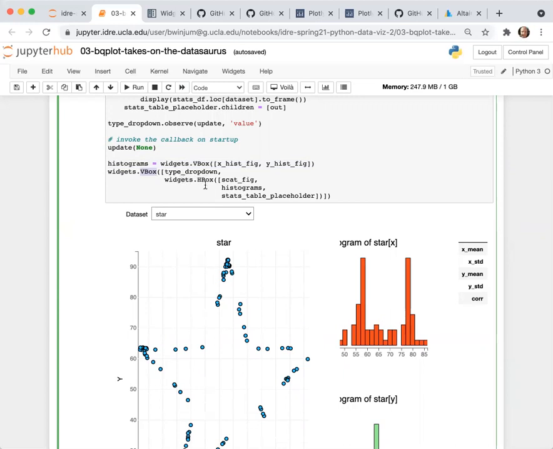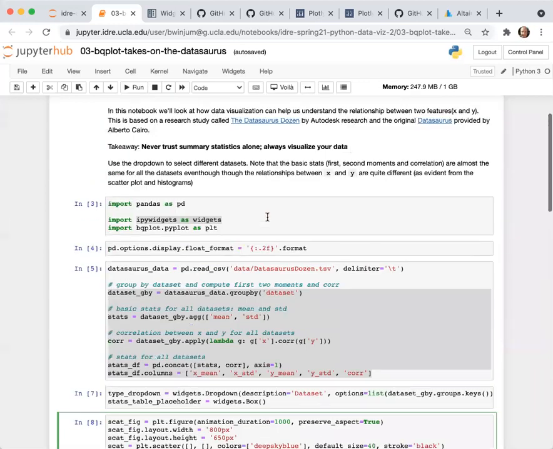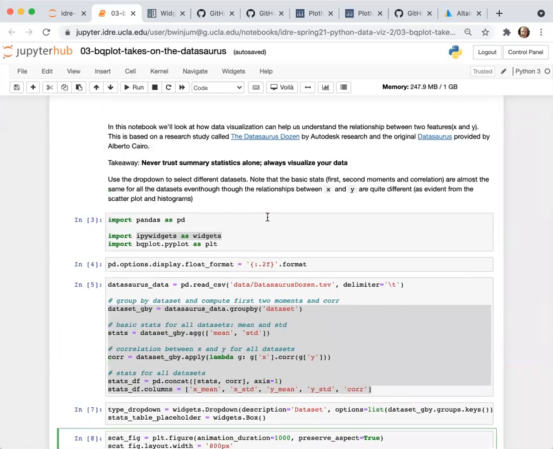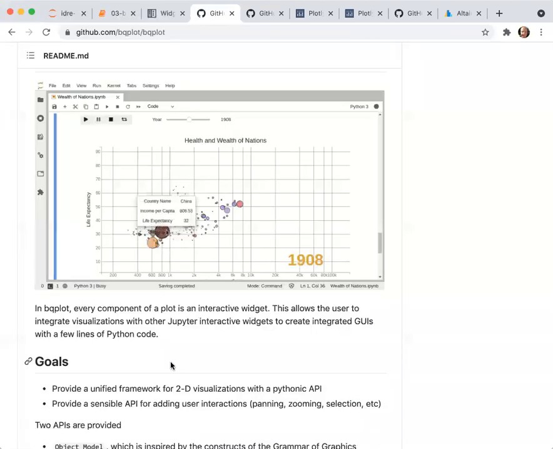And then the thing below it is another horizontal box, which is composed of the scatter figure, which is this, the histograms, which is this vertical box here, and then the stats table placeholder, which is just a table, which I'll show you in just a moment what the statistical values are. So if you're interested in the specifics of the code, I'd recommend that you look over more specifically the documentation that's on this GitHub page.